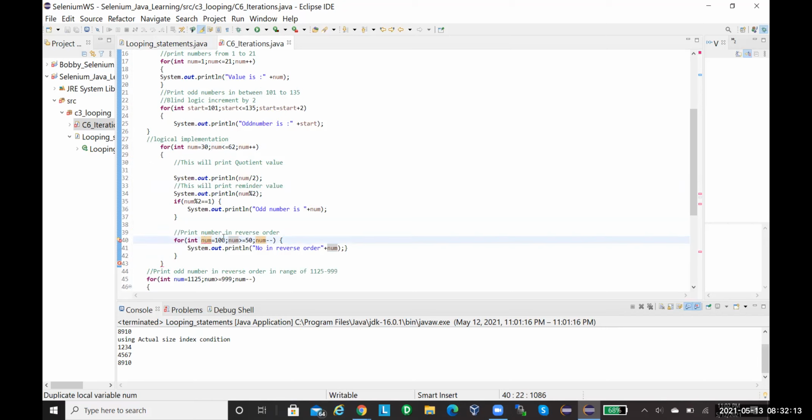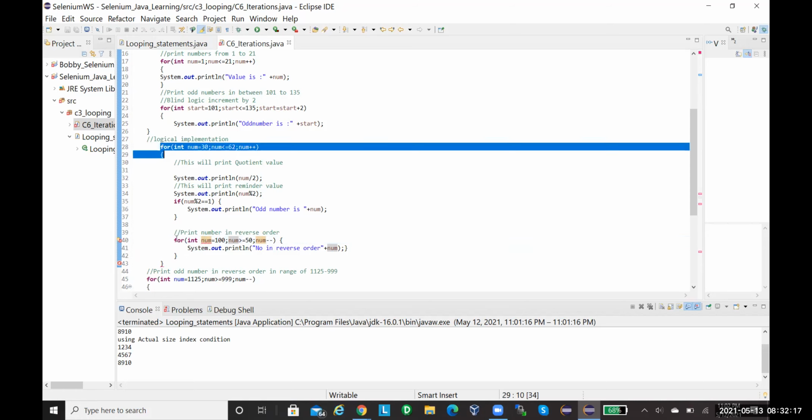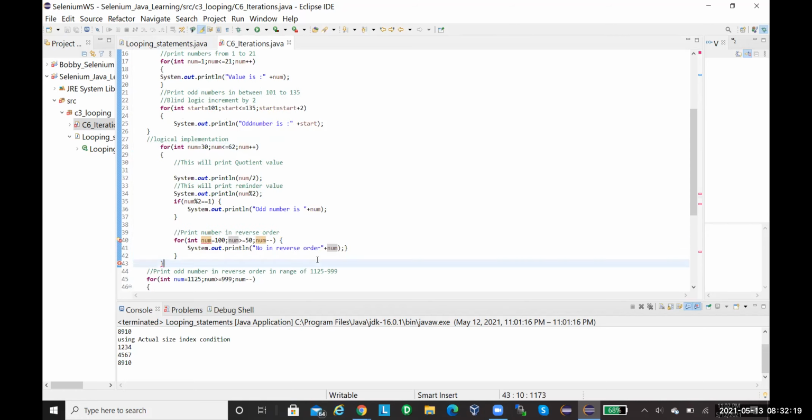So you cannot have a duplicate variable inside this for loop. I don't know why you wrote a for loop inside the for loop. It's okay. If you have this, then you have to use another variable. You already have num, so now I'm using nums. See, the error is gone.